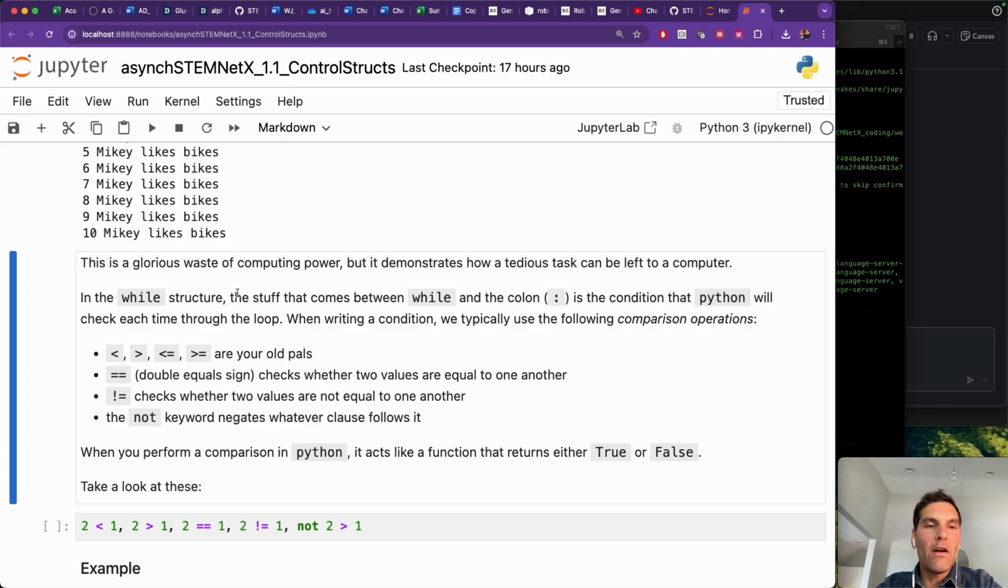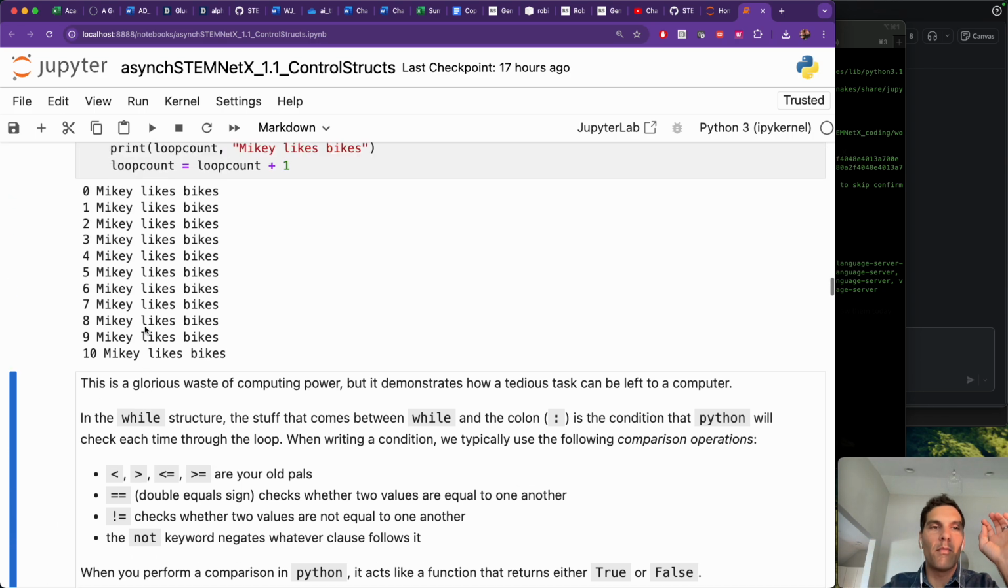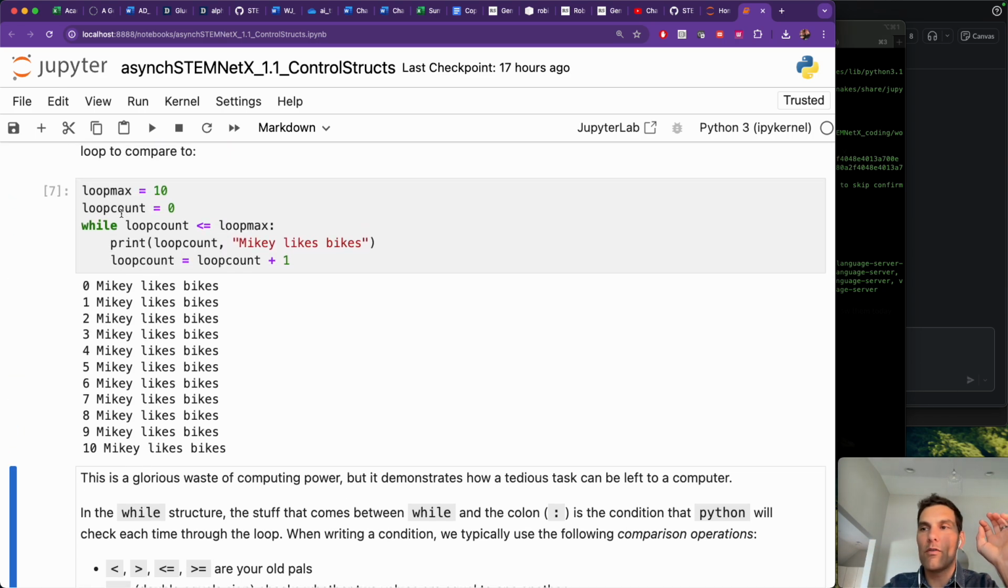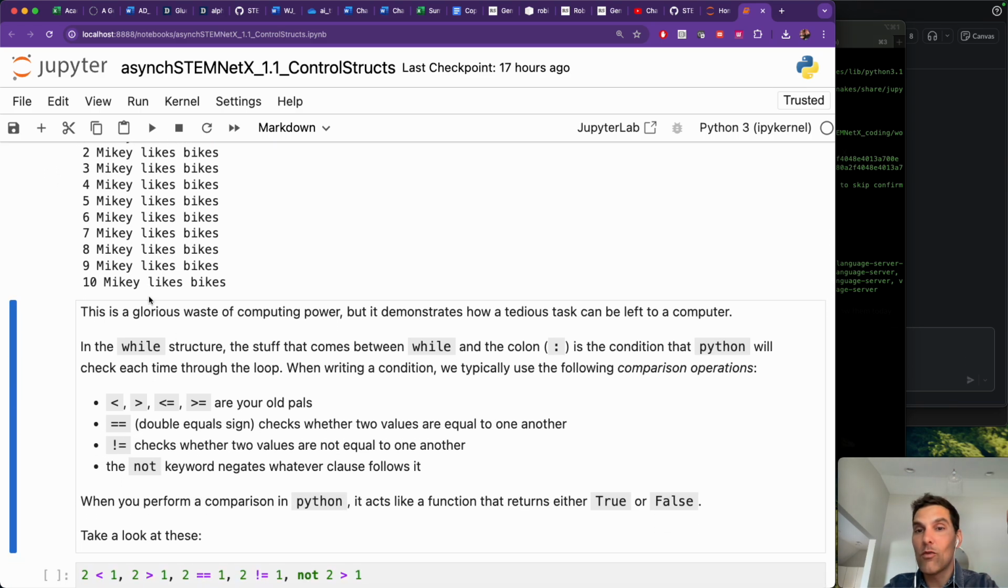So all of these comparisons, you can see more of them in here. We have less than, greater than, less than or equal to, greater than or equal to. The double equals sign checks whether 2 values are actually equal to one another. Remember, what a single equals sign does is it assigns a value to a variable. So if I do just like we had above, loop count equals 0, that is assigning the value 0 to that variable. If I want to check whether 2 variables or 2 quantities are equal, I use a double equal sign. It's a different type of thing. I'm not setting the value,